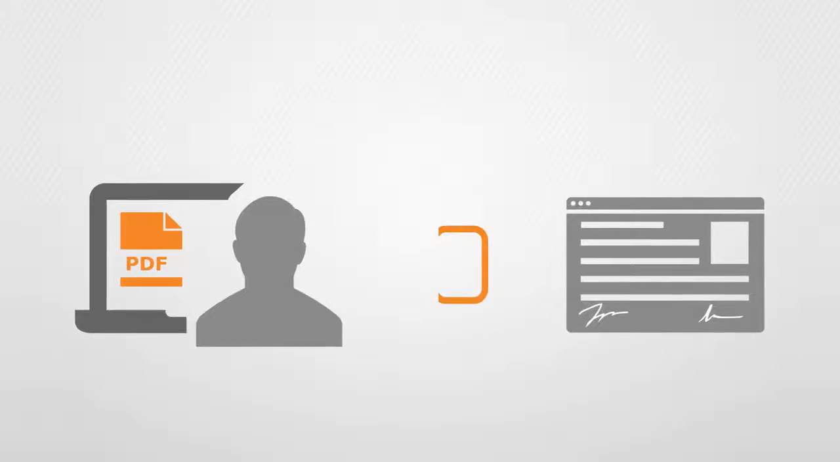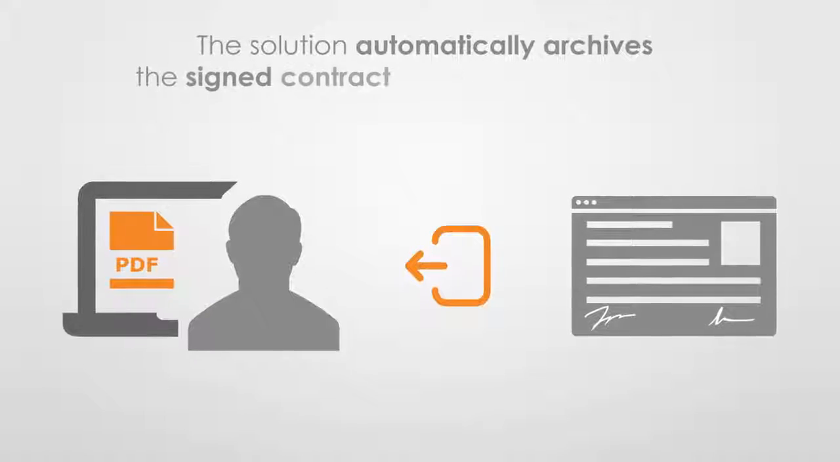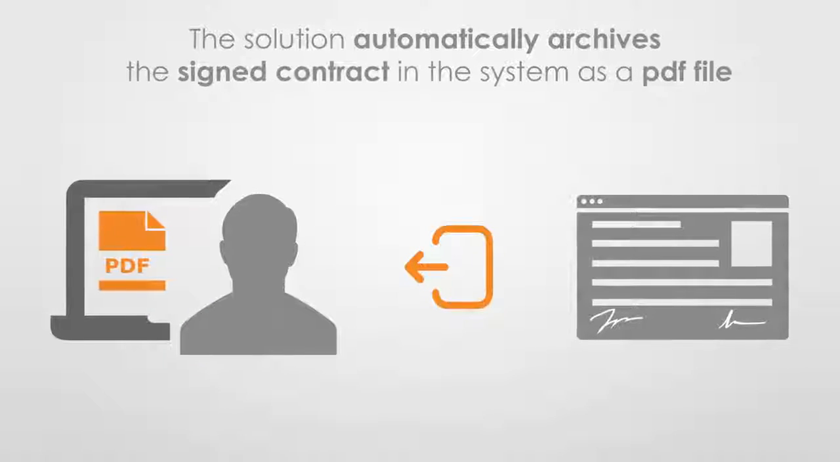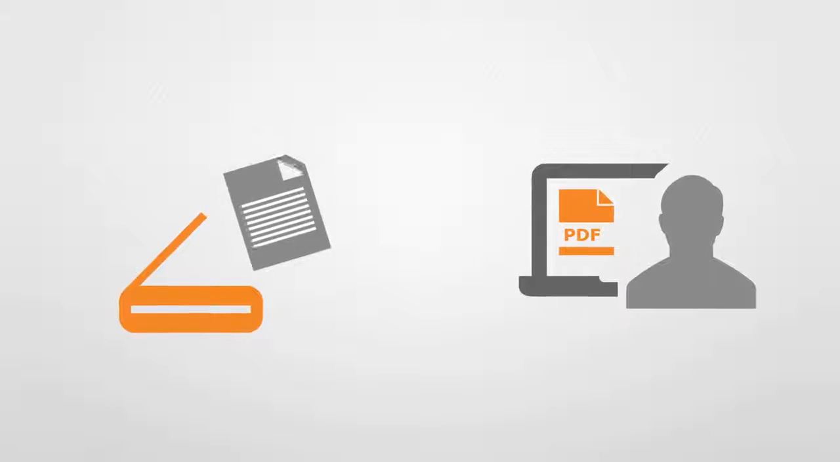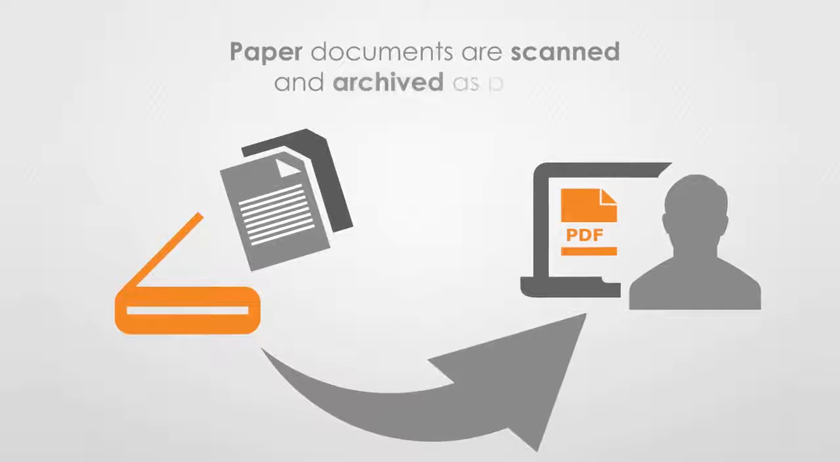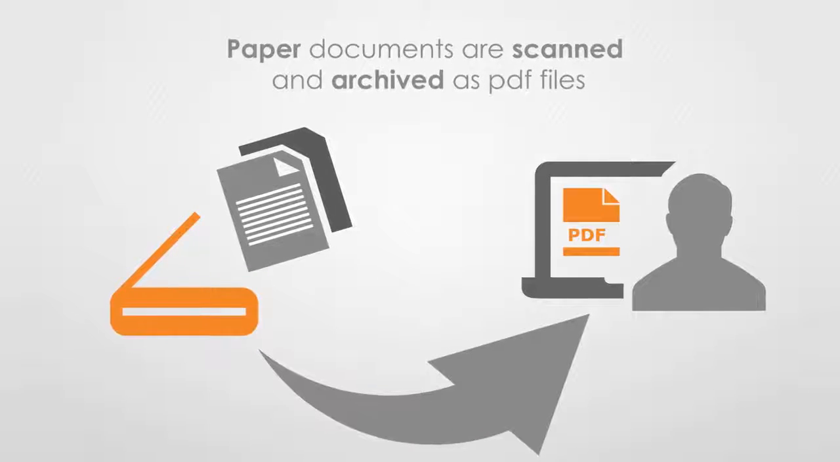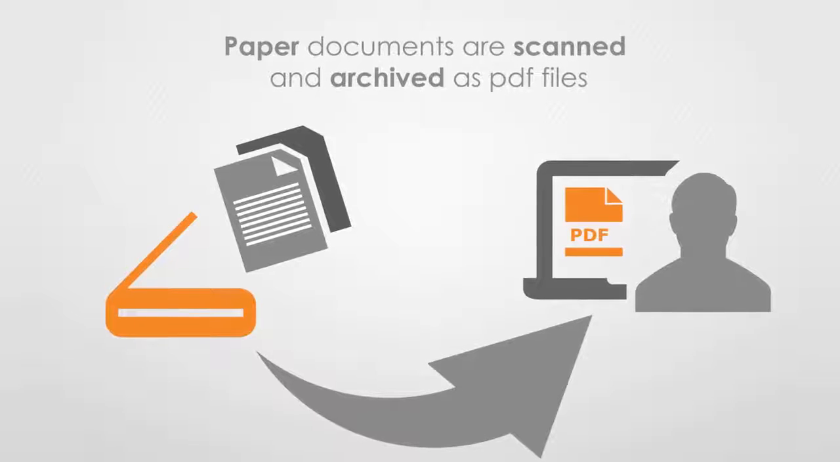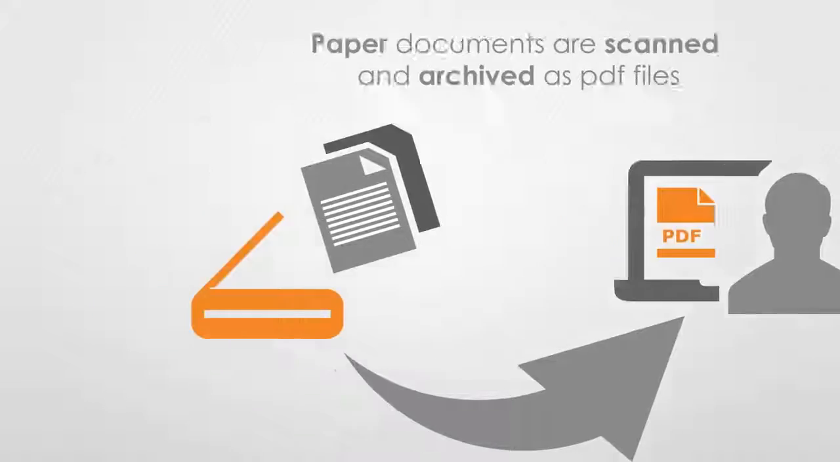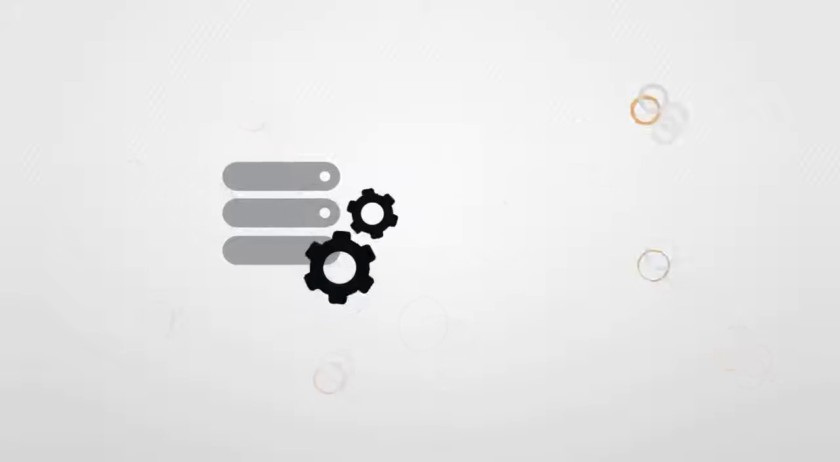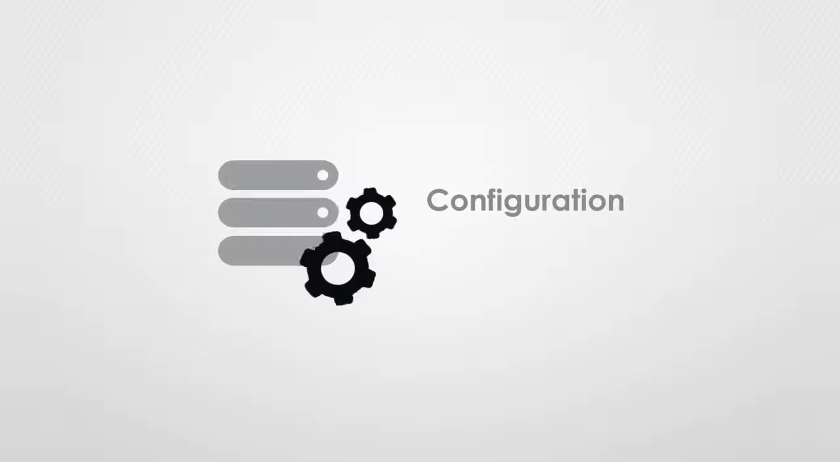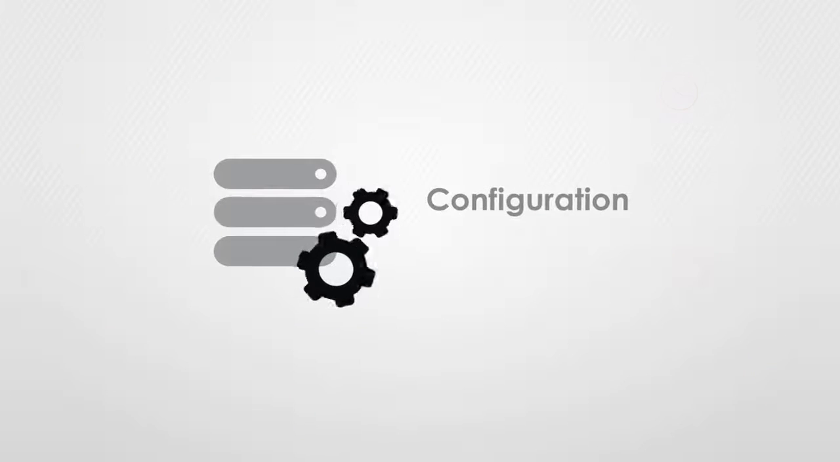When the signed contract is returned to the health plan, the solution automatically archives it as a PDF file. In case any contracts are returned as paper documents and manually signed, the scanning capability of the solution is used to scan and archive it as a PDF. As a next step in the process, the system assigns the case to the configuration specialist for the contract configuration